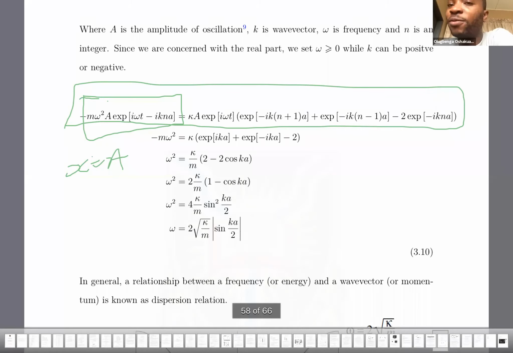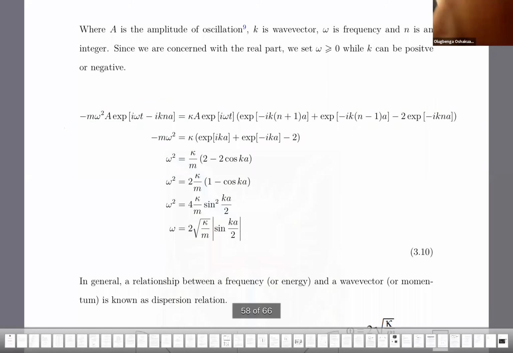We have what we have in this green box. And when we try to do the same thing for the expansion or the extension of the spring, we'll be talking in terms of Hooke's law. We'll be having the spring constant and the new extension as a result of the trial solution. So if you want to play with this one at your leisure time, you can try to